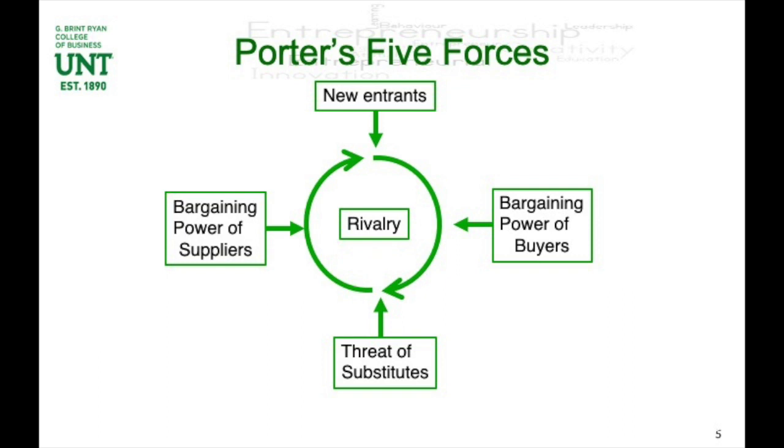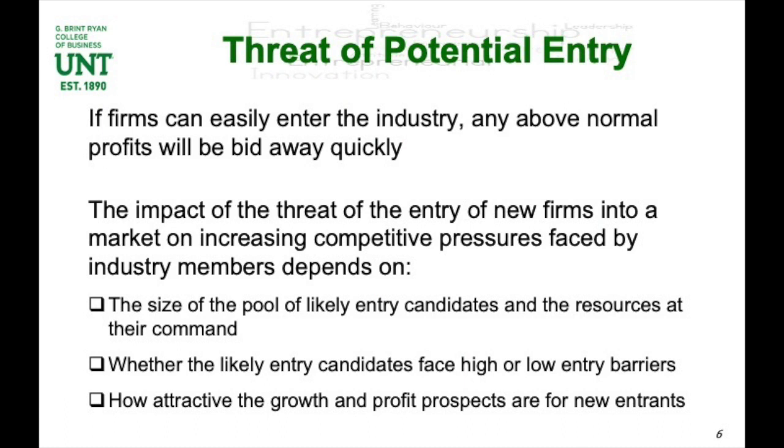Similarly, it works for substitutes. If the threat of a good substitute product is higher, that puts a ceiling on how much you can charge for your products in your industry. Also, suppliers has an effect, as well as rivalry. Any of these things become greater threats, that's going to reduce how much profitability your industry could actually have. And that would then tell you the rational decision is to not enter that industry. So let's talk about all of these. Let's start by talking about the threat of entry. And here it says threat of potential entry into an industry.